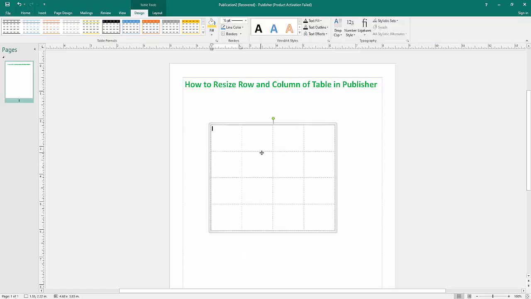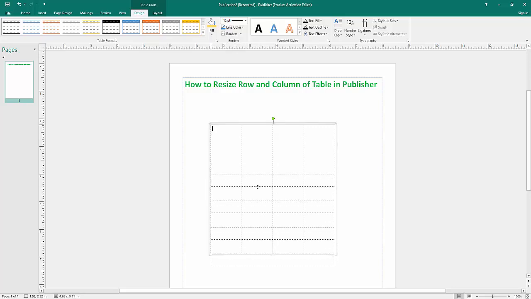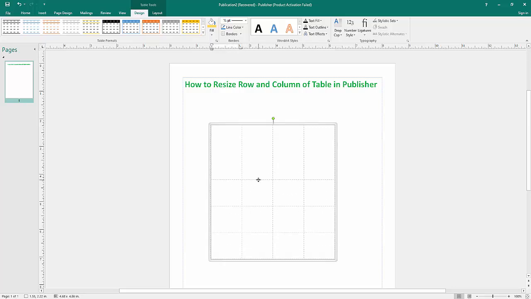Firstly, the row. Now select a row first. Then we see the resize icon. Now click the mouse right button. Then move from the top. That is it. Now you can see